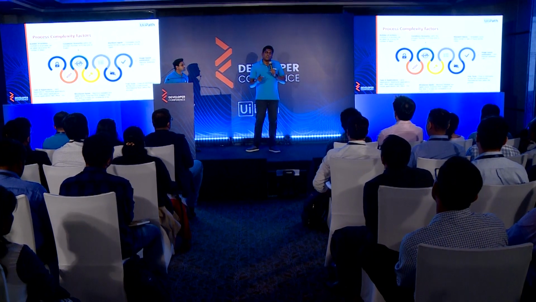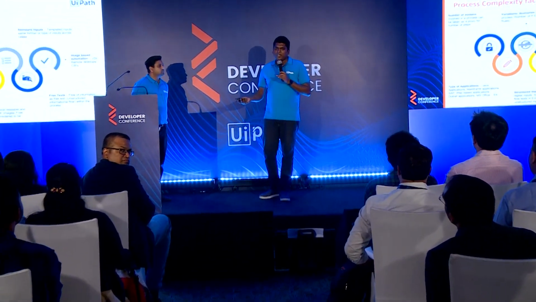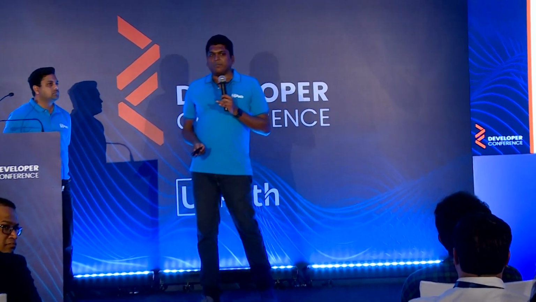And if the automation is an image-based automation, for example, if it is on top of a Citrix or VDI, it increases the development timeline. And that is the reason we say that if it is based on a VDI or on a Citrix, it should be considered a complex process, at the complexity area of the spectrum when we consider the complexity factors of a specific process.